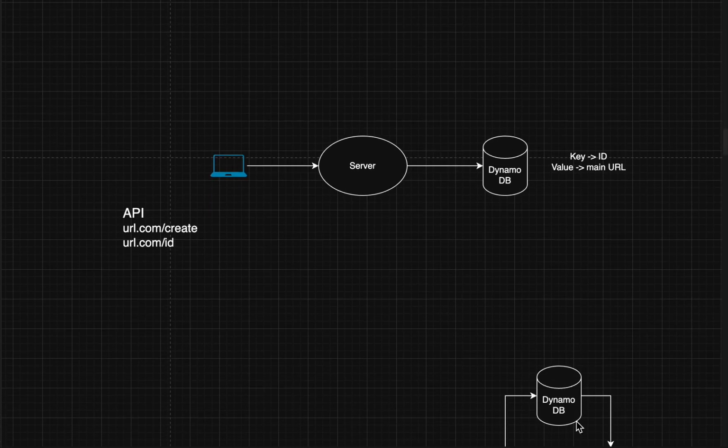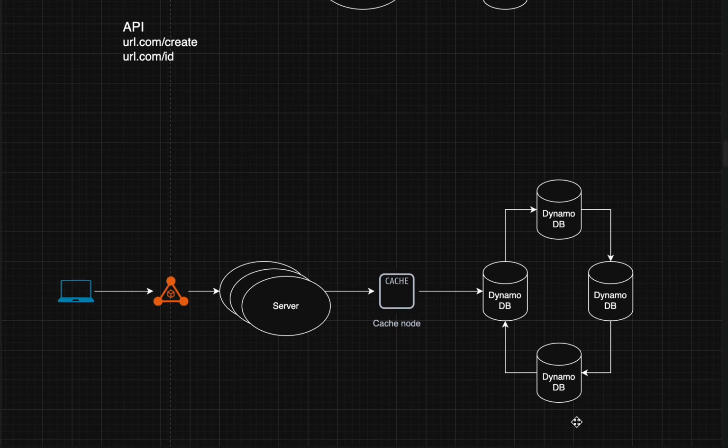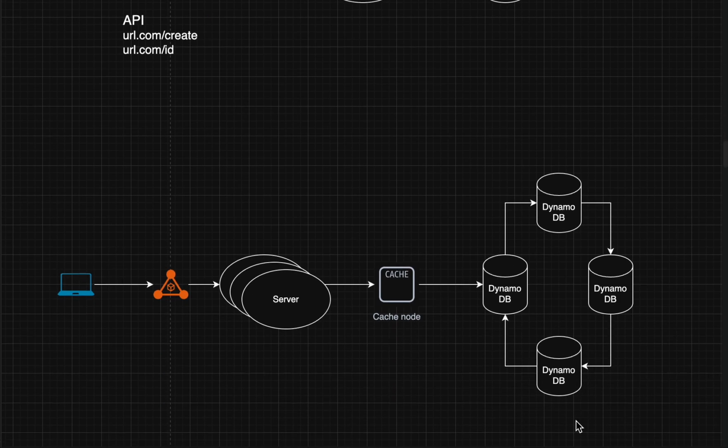So for scaling, what we can do is, since DynamoDB works on a multi-node, or you can say master-master architecture. Don't worry, I'll explain what master-master is in a separate video. You will get to know how it works. Let's suppose for master-master, there are multiple nodes or multiple replicas of our DB, and each node has context of other nodes. So we'll be adding some load balancer in our service,